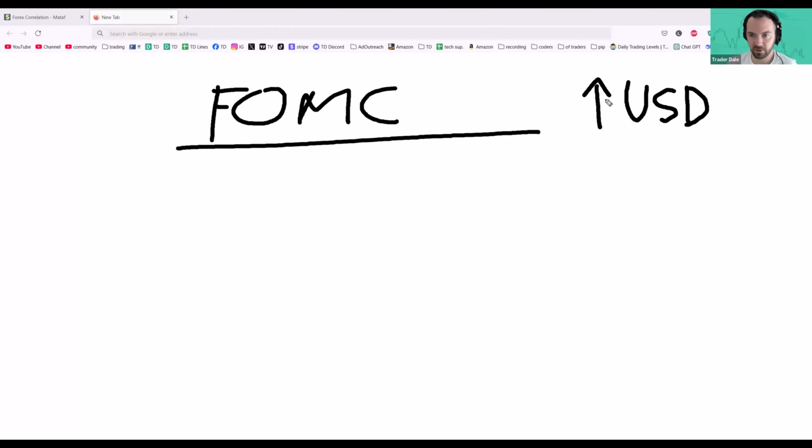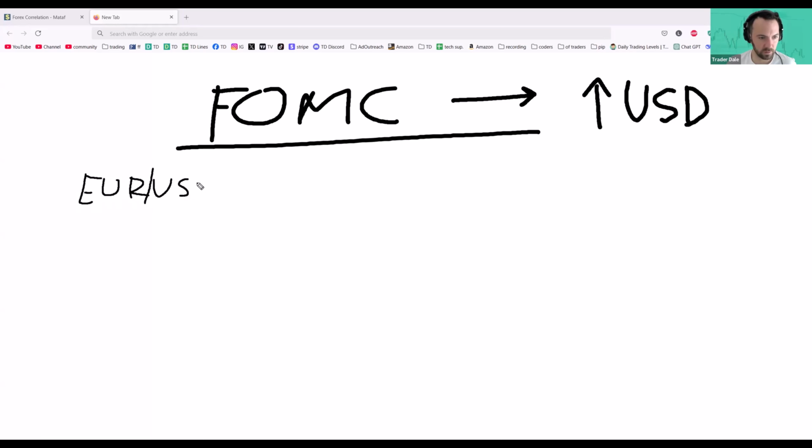I don't know if this is actually going to happen, but for the sake of this example, let's say that the FOMC week will cause the US dollar to strengthen. So during that event, when the dollar starts to strengthen strongly, then all the majors will be affected, right? So if the US dollar strengthens, then